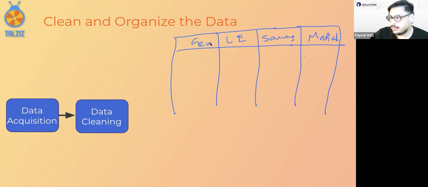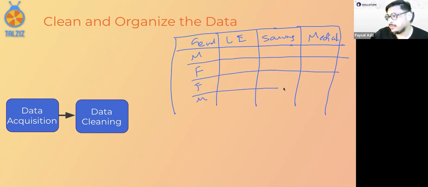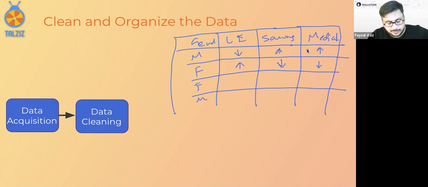Now, gender is either male or female, and it seems that men tend to get sicker. They have higher savings than females, maybe, but their life expectancy is less than females. Their savings are higher than females, and so are their medical bills. Females seem to spend the most only when they give birth. Otherwise, there are not many expenses. So this is what the medical company is trying to predict: how much your average medical bills are.